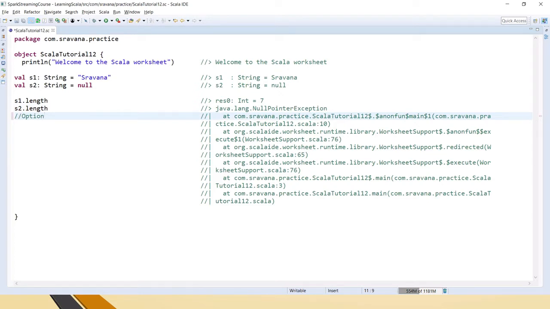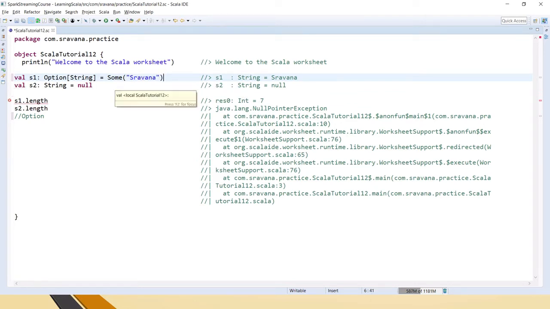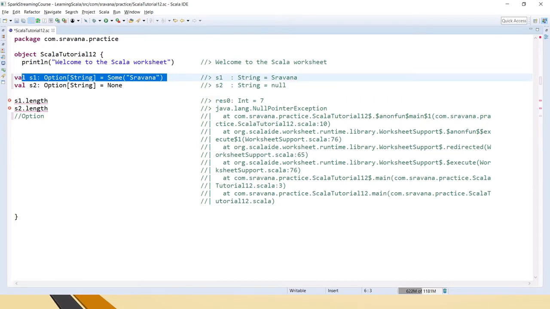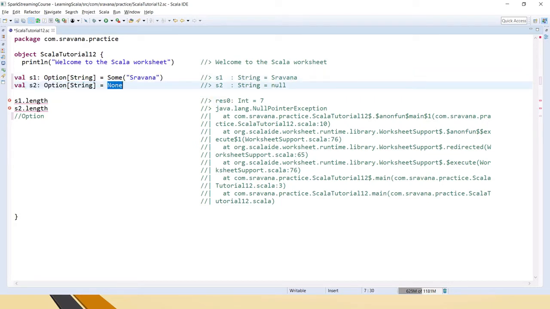So now let's see how we can modify this. We put Option[String] and we are providing some value, so Some("string"), this is the way we declare an option string for a variable. And instead of creating the null string, we will say None, which means that there is a string which has some value and we need an empty string which doesn't have anything. And here it is erroring out because we are using Option classes and it doesn't have the method called length.